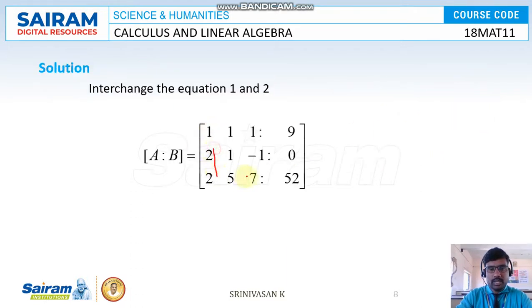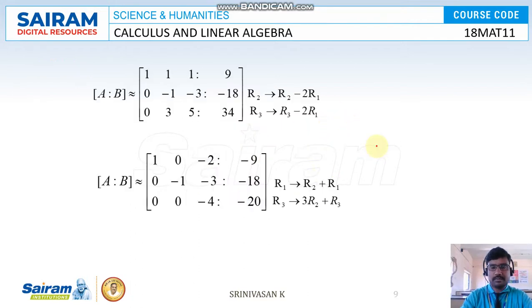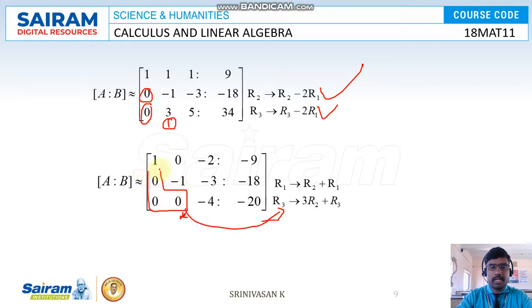So our aim is to make here 0 and we have to make here 0. That's all. After that, this is the x value and this is the y solution. This is the z solution. So by using, if you make here 0, can follow this condition, and I make here 0, I follow this condition, clearly 0. And next we have to make here 0, this one, and I use this condition. So clearly I got a triangular matrix.